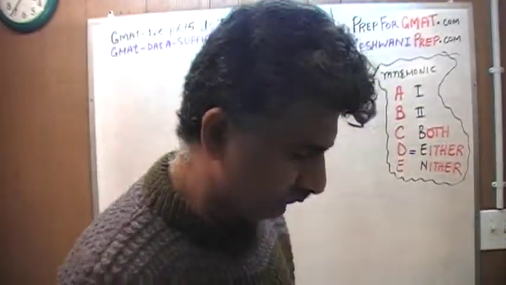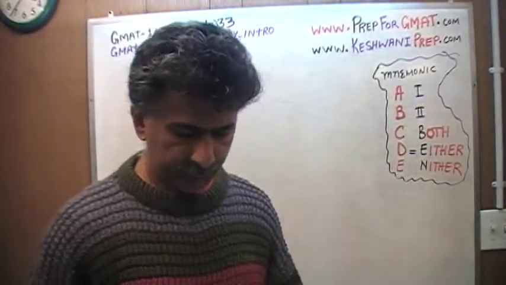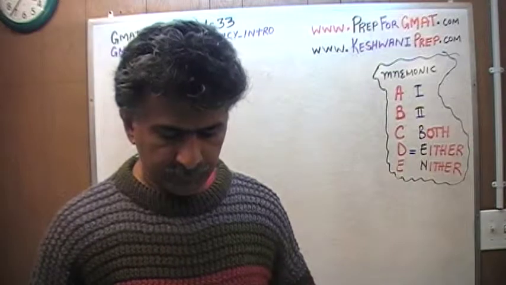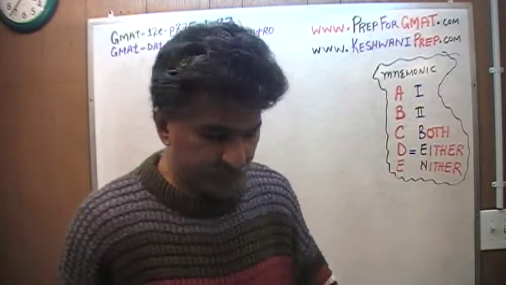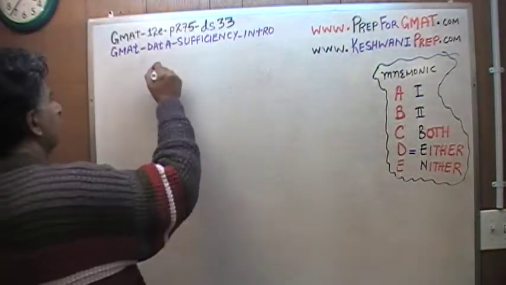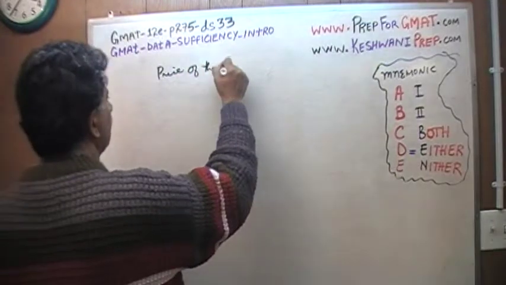Well, let's see what the problem is. Have the book in front of you, turn to page 275 and read the problem with me. The question simply here is, what was the price at which a merchant sold a certain appliance? That's all they want to know. They want to know the price of